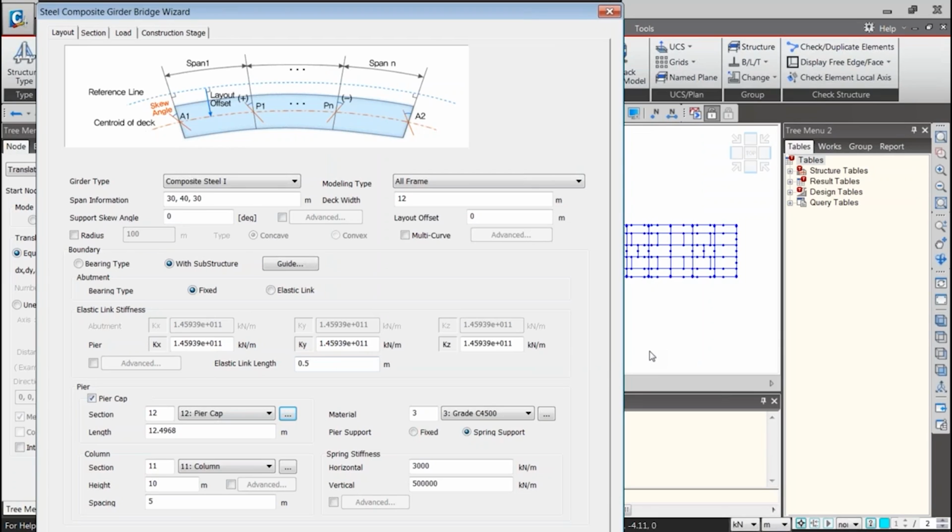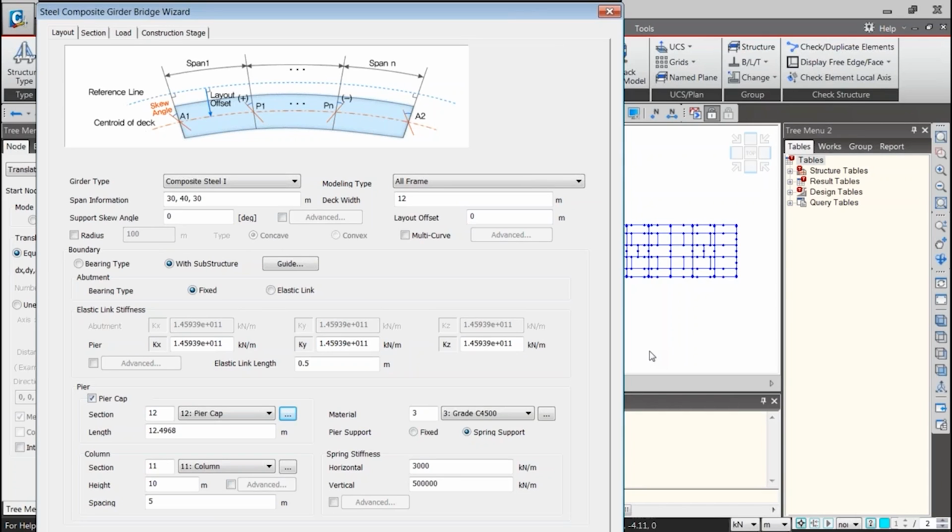Another question that I have is that I have had issues with the wizard not rerunning. It says something to the effect of a duplicate load group. Yeah, what happens is that if you have already defined a bridge, sometimes, like the mistake that I made today while doing the webinar, you forget to delete the groups. If you remember, it wasn't working initially.